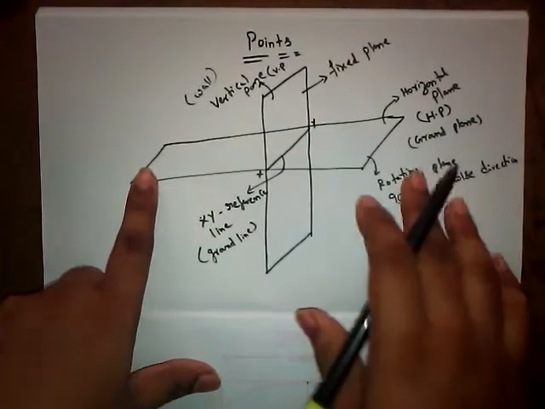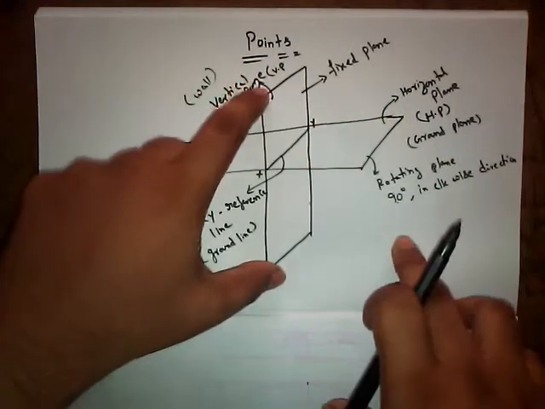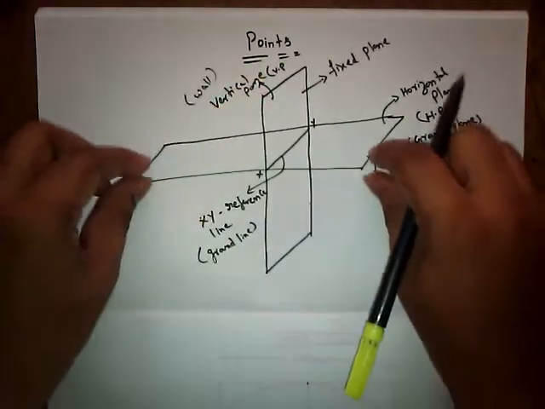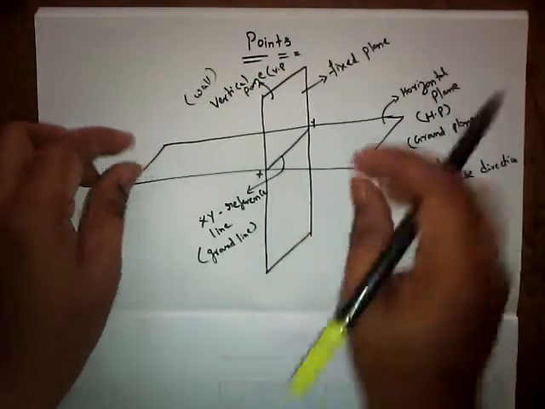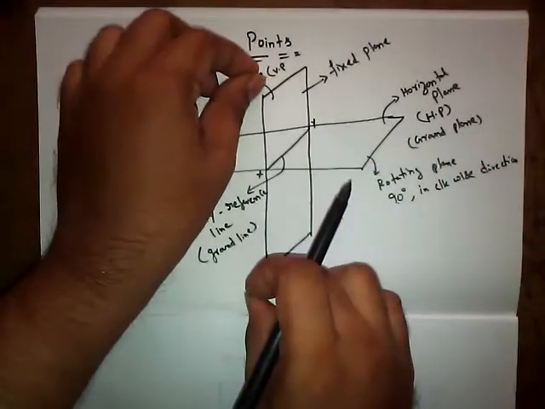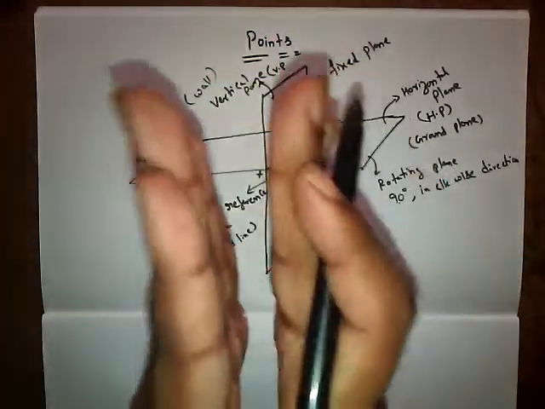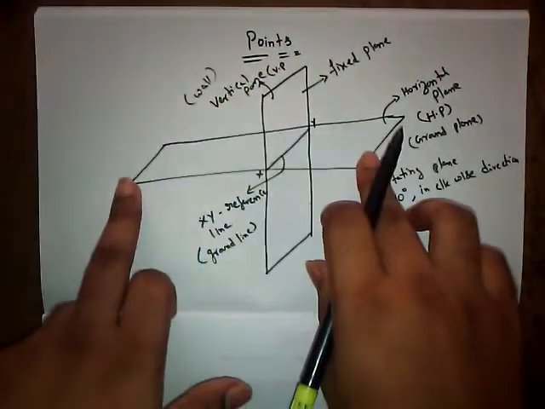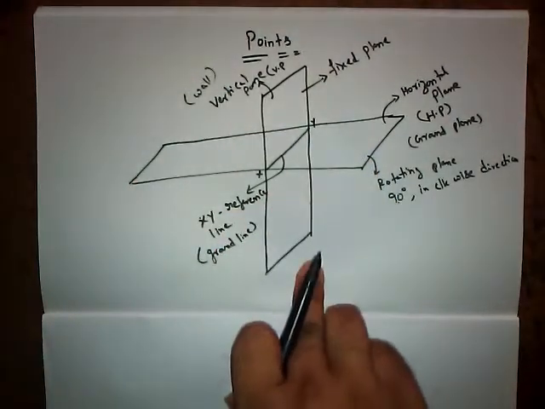That is, we are going to do projections. After completion of the projections, we are going to keep the vertical plane fixed, and we are going to rotate the horizontal plane. Here we have the angle of 90 degrees. So once we rotate this entire plane, the vertical plane and the horizontal plane are going to mix with one another. So the horizontal plane rotates at 90 degrees in clockwise direction.